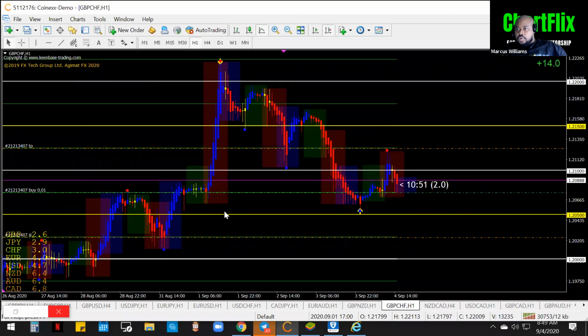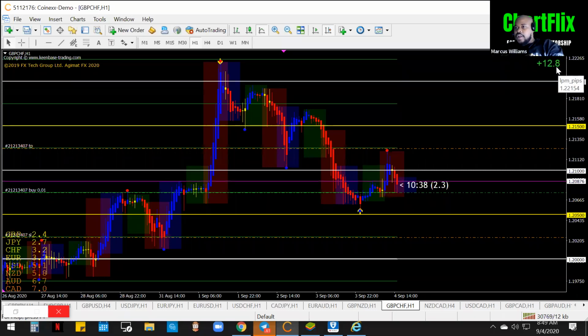So me and the team are in this trade right now, okay? We're in this trade right now. TP1 has already been hit. Now you see how it's floating at 13 pips currently. Now in my live account, this is closed. I took my profit already. This is the demo account, but I took my profit when the market was up here.